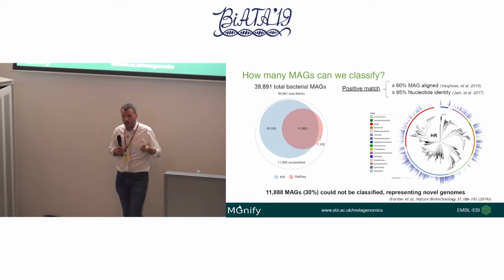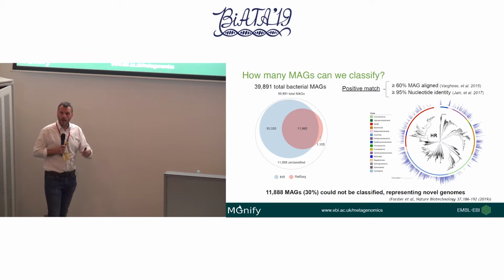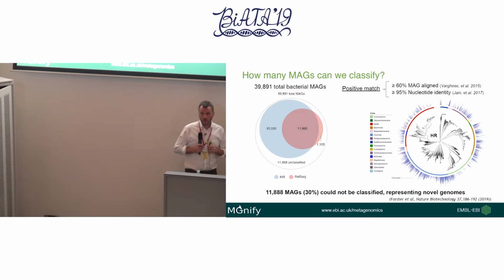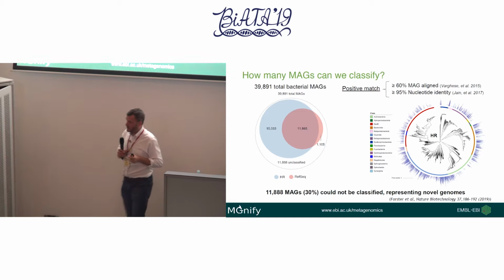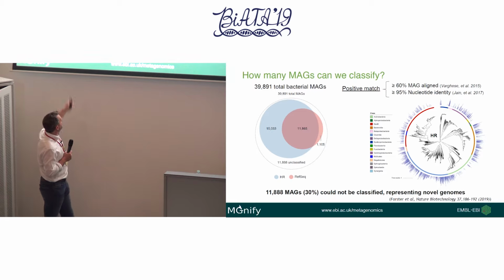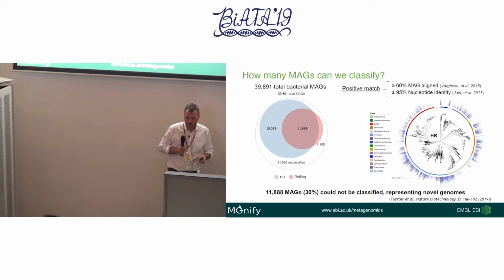So here again, by taking many, many different samples, we've independently reconstructed the same genome. So we're getting multiple observations and very good matches of these de novo assembled genomes against isolates, but there's still this set of nearly 12,000 that we haven't got a match for. So what are they?